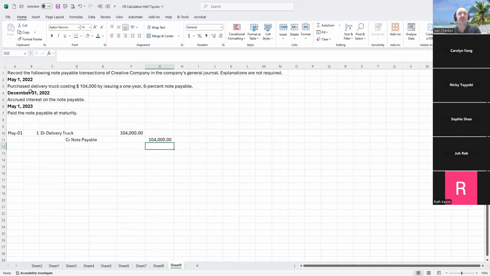So what is expected from you to show that you know about the liabilities? Simple. So what will be the next one? You have to show the liability. When? On December 31st. What happened on December 31st? Technically nothing happened, right? There's no event here. But we have a reporting date. What do we have to show on the reporting date? Any outstanding liability. That's why on the reporting date, we're thinking, is there anything that I did in the past